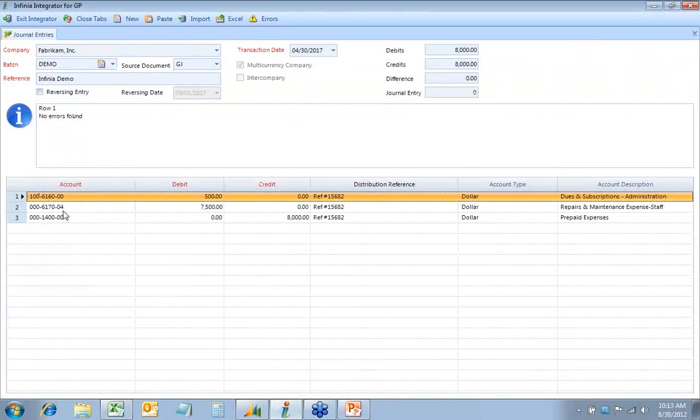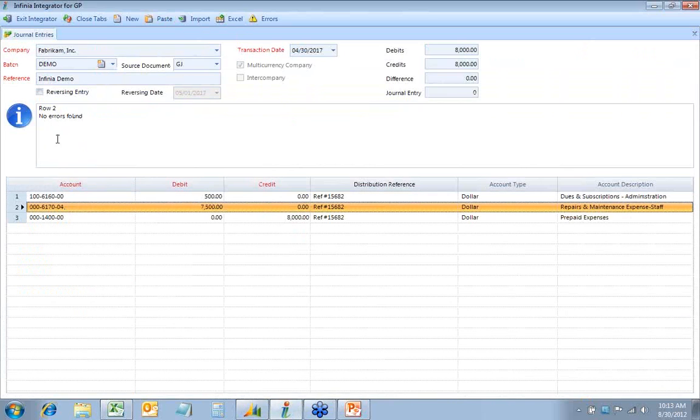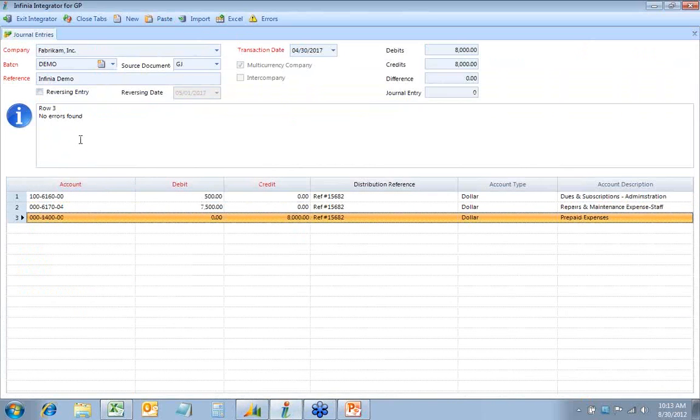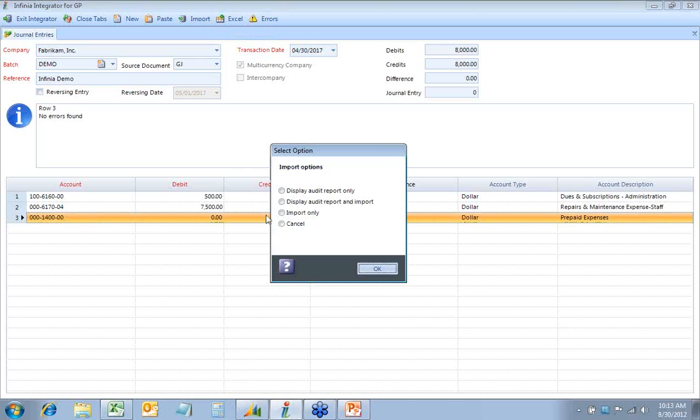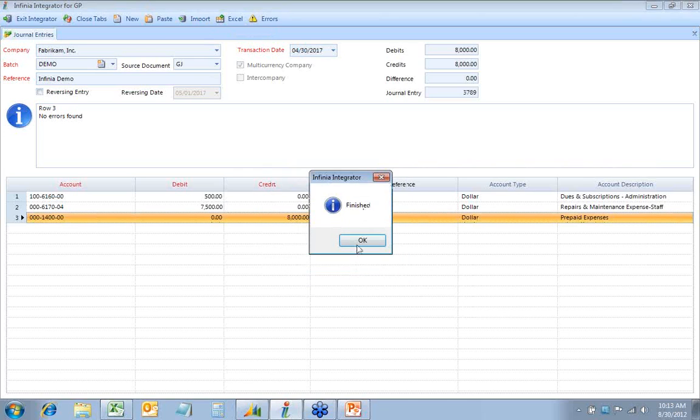And now nothing's highlighted, so I can just confirm row 2, nothing, no errors, and row 3, no errors. So now I'm going to go ahead and import again. This time I'm just going to choose to import only, and it goes very quickly. The only reason it took a little bit longer the first time is because it was generating that report for